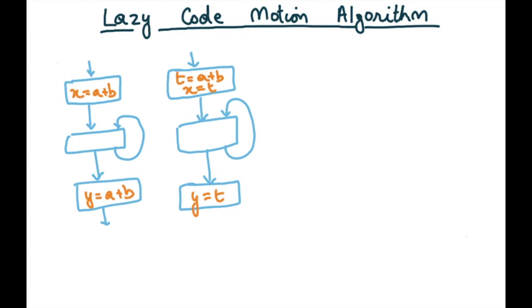So just to take an example, in this example we have x equals A plus B, y equals A plus B. Our algorithm is going to say that this is the latest location where we should compute, and so we do T equals A plus B, x equals T, and y equals T, and that would be the solution. And this is exactly the common subexpression elimination that we are already aware of.